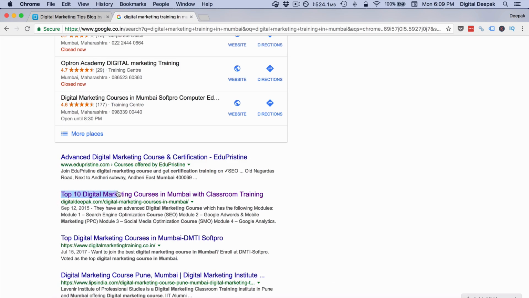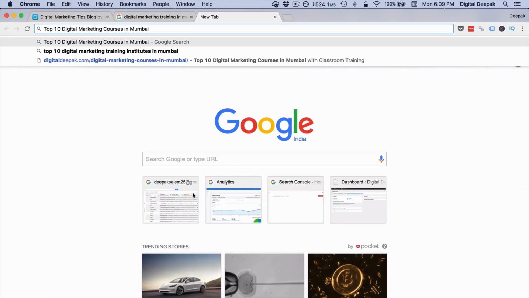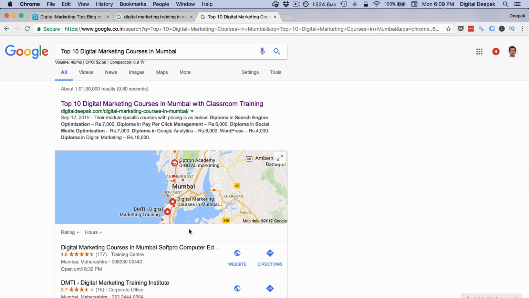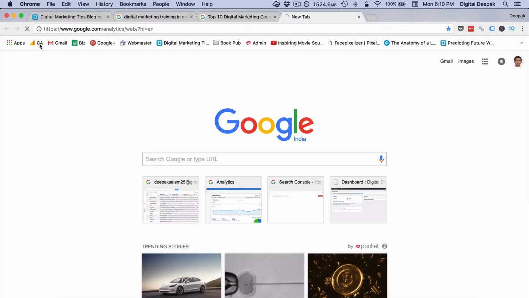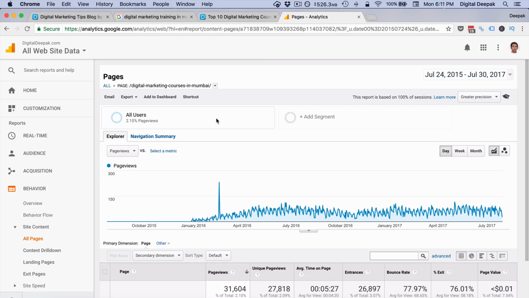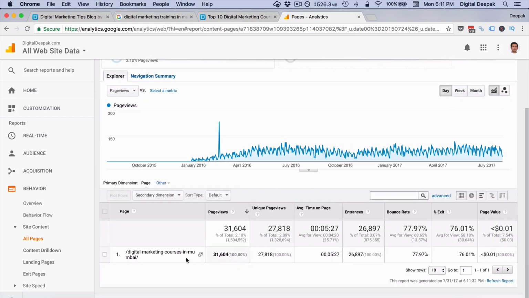So if I search more specifically for top 10 digital marketing courses in Mumbai, then you can see that I will be ranking number 1. So let's have a look at how much traffic this particular article has given me. If you go into analytics and select the date range from 2015 until yesterday, then for this particular URL, you can see that there have been 31,600 page views and 27,818 unique page